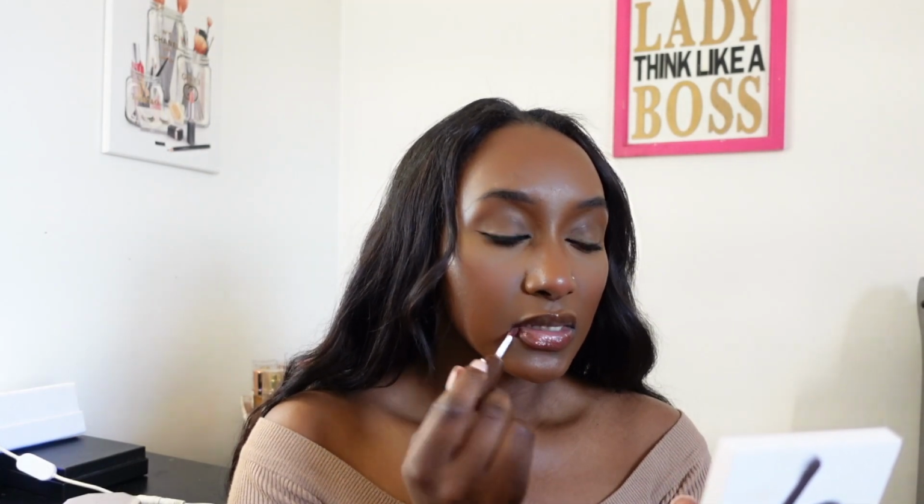To top it off, I'm going to use my NYX Butter Gloss in the shade Lava Cake. I love this lip gloss. It's so bomb. I actually need to get more. It's running out, so I'm just gonna line the outer corners of my lips. Then I'm gonna go in with the Lifter Gloss from Maybelline in the color Stone. This is really pretty, but I haven't been wearing it that much. I just need a better lip liner,